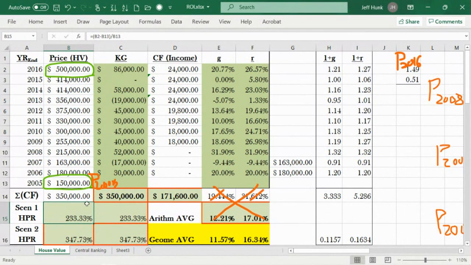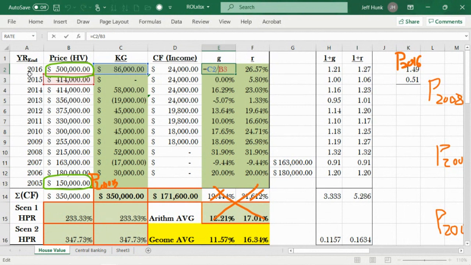Annualizing the holding period return is not simply dividing it by 11. First of all, it doesn't. What is 11? Just because 11 years? No, you don't. When you take the average, you don't do it like that. The correct way of doing it... This is not even the correct way, but you can take growth rates of the house values year after year, right? You can take the growth rates, which is